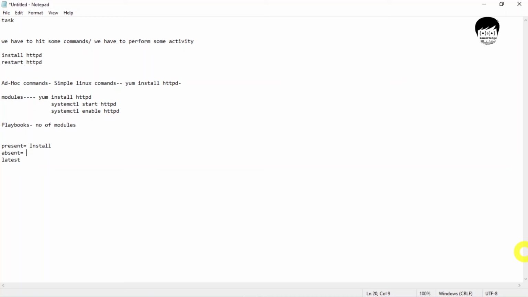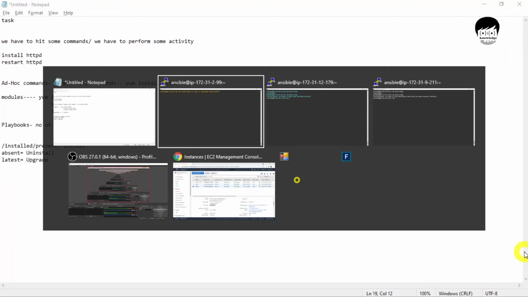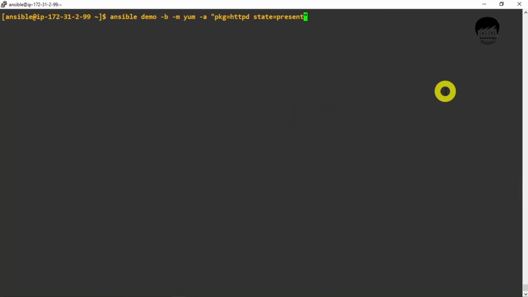When we want to uninstall any package, we have to write absent, and when we want to upgrade any package, we have to write latest. Or you can mention present or installed as well. Anything you can write over here. So I am just mentioning present so that it will install httpd for both of our nodes. Let's check whether it works or not.